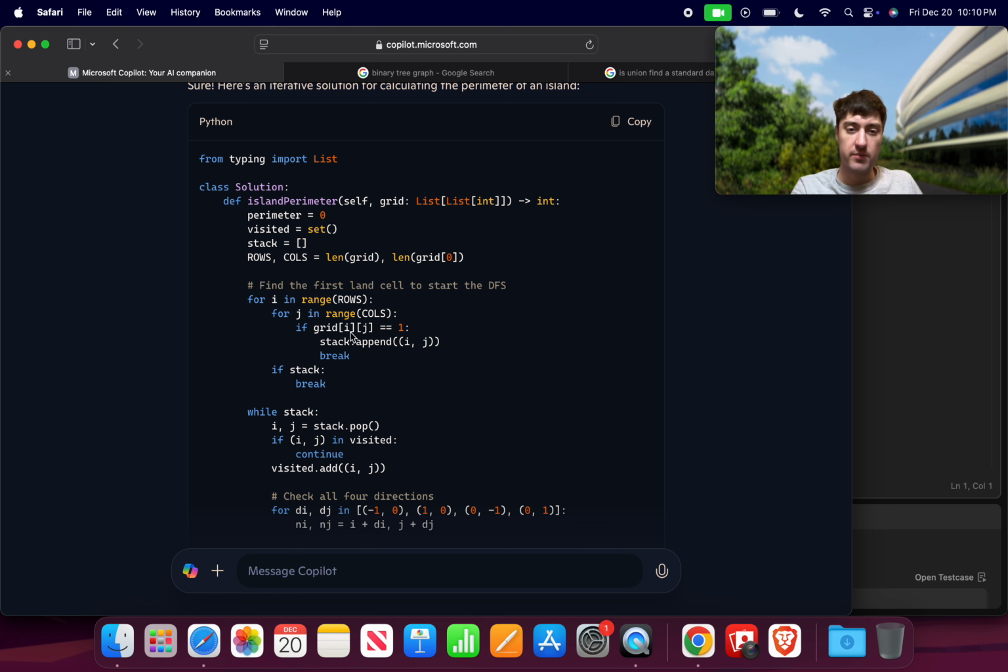So I'm just iterating through the rows and columns. Okay, so if